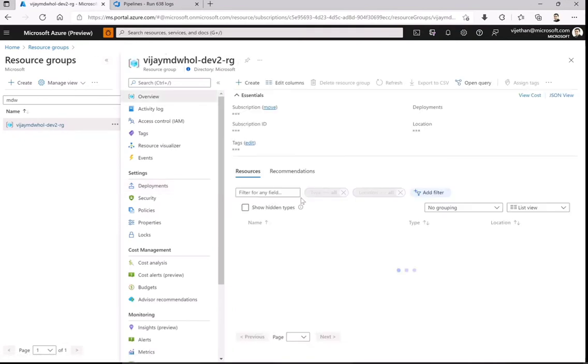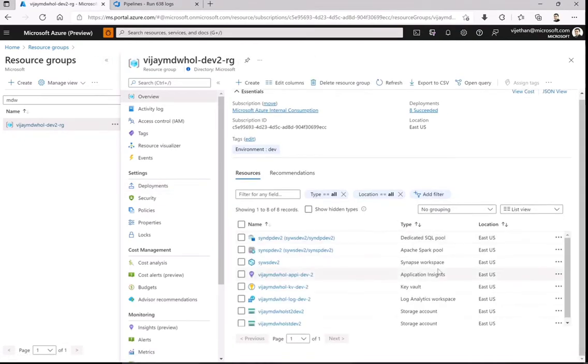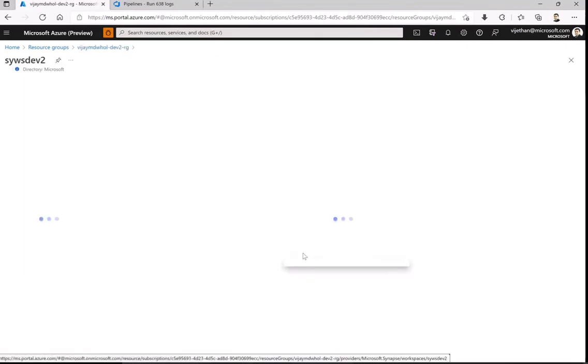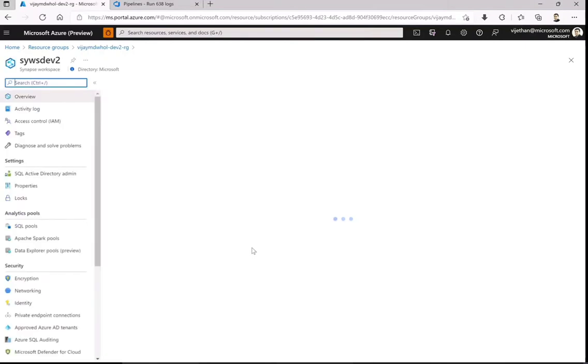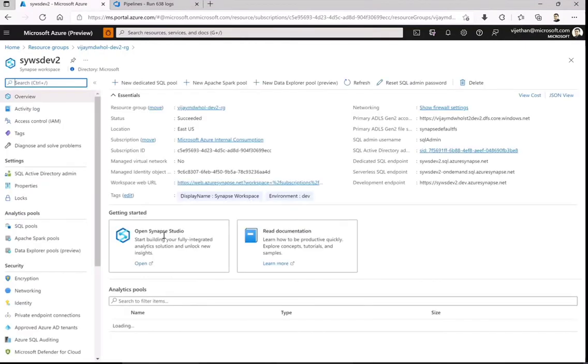Okay, so we have the dedicated SQL pool, Apache Spark pool, Synapse workspace created, application insights, key vault, and the storage accounts. Okay, so let's start with the Synapse workspace, because that is where most of your job will work.